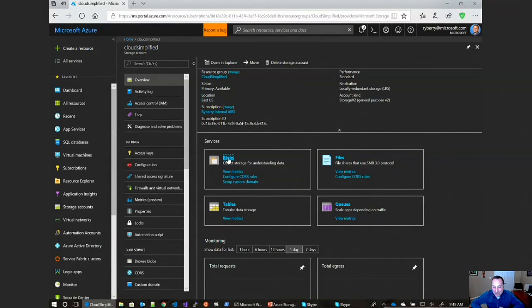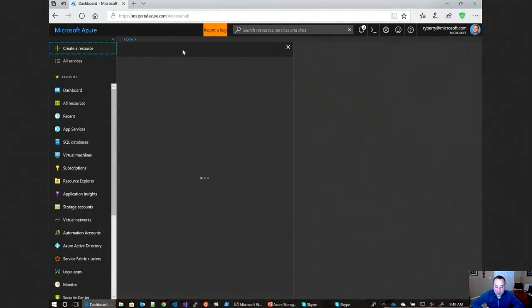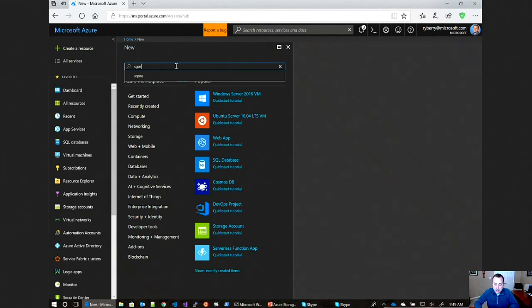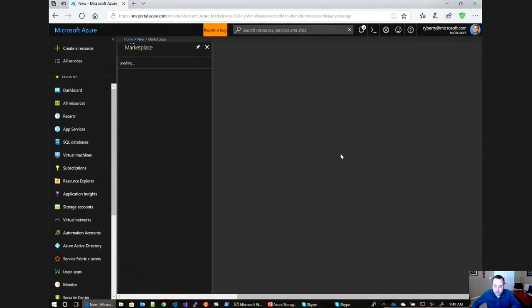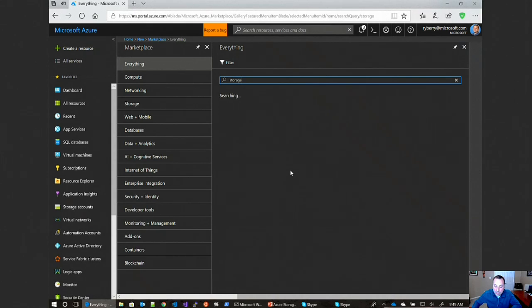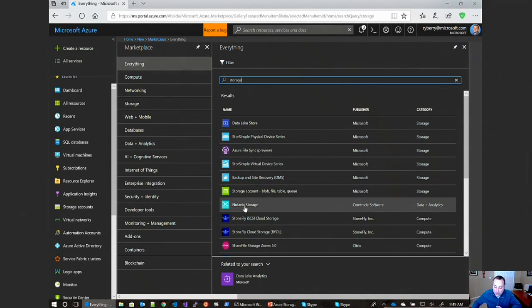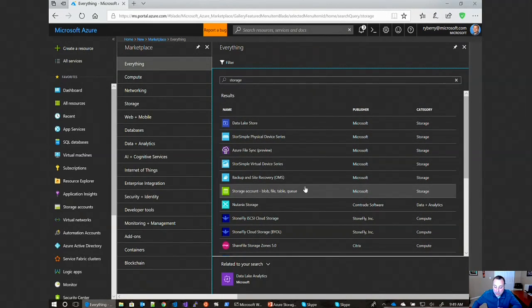So I have here a storage account, and you can see this is a standard storage account. I talked earlier about this. Actually, let's just go through the wizard and create a new one, and you can see all of the options that you have. I'm just going to type in storage, and you'll see some of the options we have for third-party vendors. I talked about some of the other vendors, and actually they're down here at the bottom. That's many different third parties who have solutions that can create SANs or network attached NASs sitting in